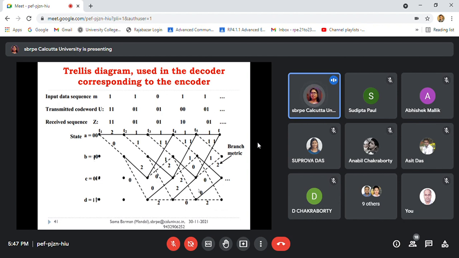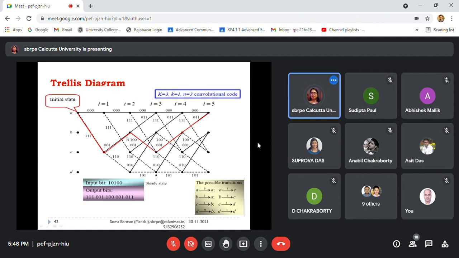Okay, this is another trellis diagram, for the input sequence, the transmitted sequence of this form, and this is the received sequence. So this is the distance. I'm not explaining this part; I'll explain from this figure. Suppose your trellis diagram is given to you. From the trellis diagram, you encode your information. First you encode your information, then I will come to the decoding.